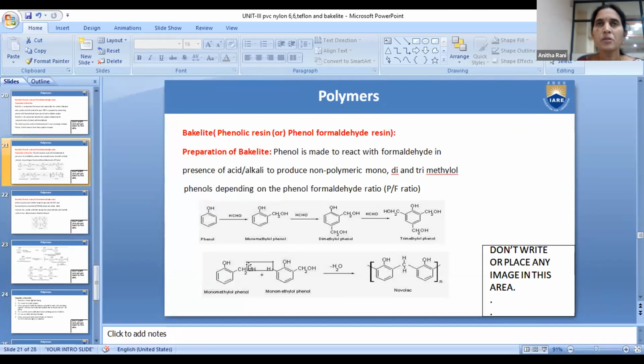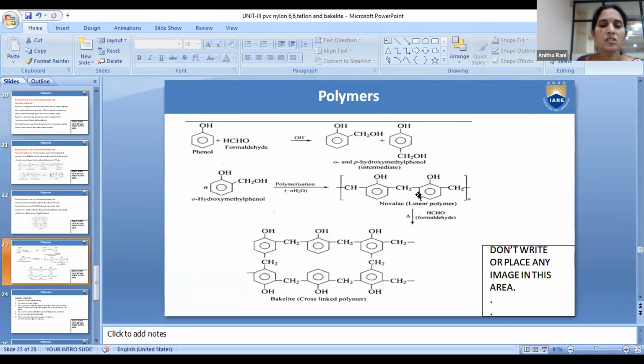Okay. So if the monomers are containing the functional group, it will undergo condensation polymerization. We discussed already by taking nylon 6,6. Yes or no? Now, what structure did you get after removing water molecule from hydroxymethylol phenols, students? Novolac structure. Novolac is not bakelite. What are we doing to get the bakelite? Adding formaldehyde and also a catalyst.